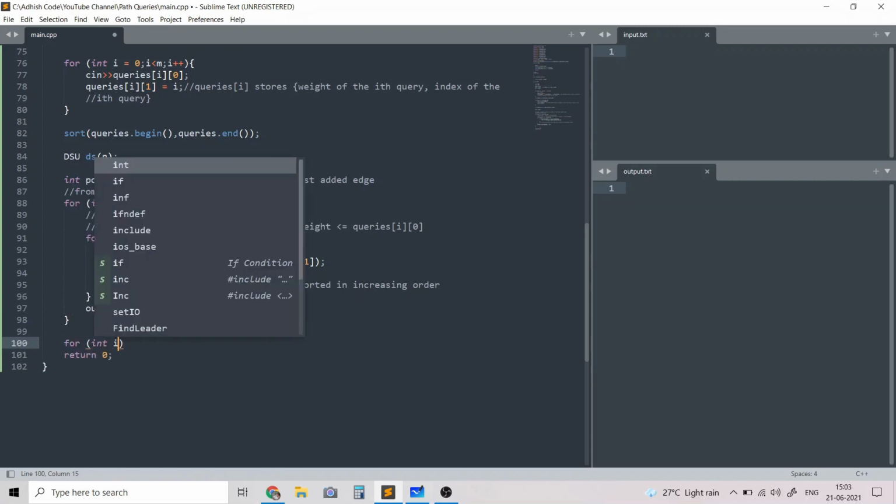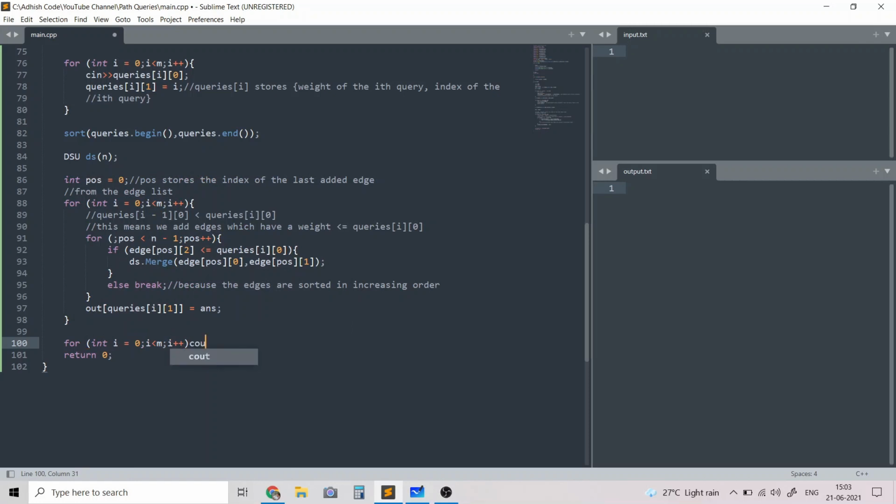So the out array will contain all the answers in the right order, and since we need the answers in the right order, we need to make sure that out of the position of the query, so remember that queries of I of 1 stores the index of the ith query, and that's why we need to set the answer of the ith query, which is queries of I of 1, to be equal to answer. So that's why this line is important.